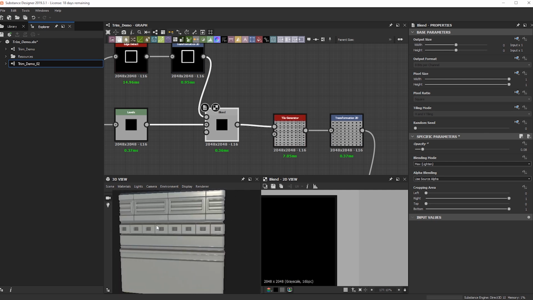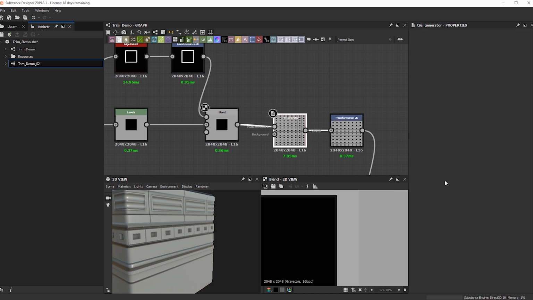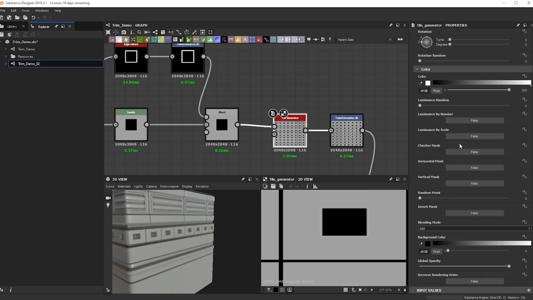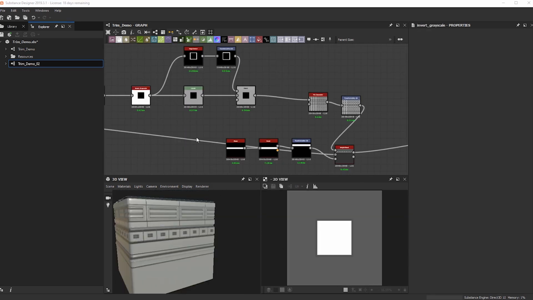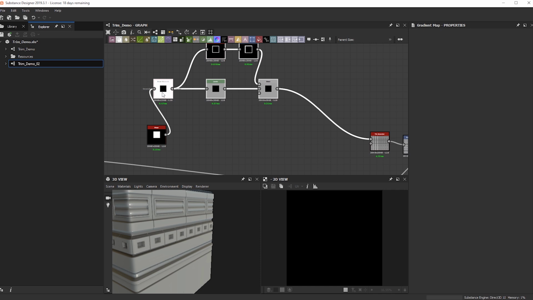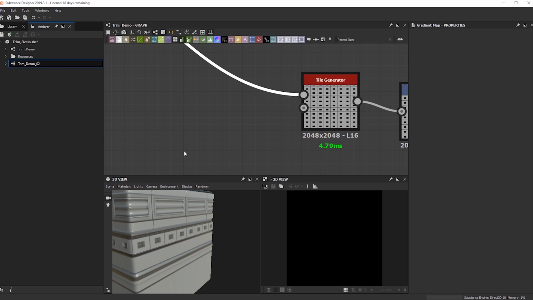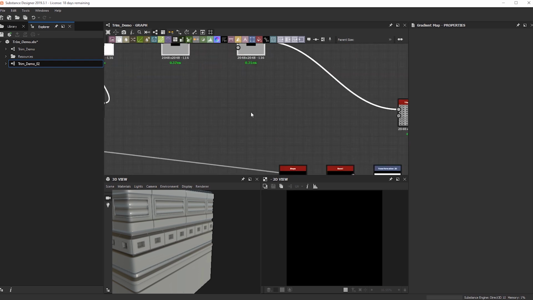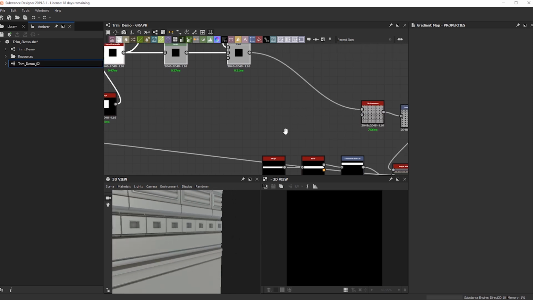One thing, I don't want to keep this too repetitive, so if we go into tile generator, I can possibly do a checkered mask, and that'll give us every other one. Yeah, but that breaks it. So it looks like because of these gray values, the tile generator is not giving us the desired effect that we want. So let's go ahead and fix that really quick. I can tell that the tile generator always works best when it's just a pattern in the middle and mostly you have the black exterior. So if we had this guy plugged in, it just gives us a better result.